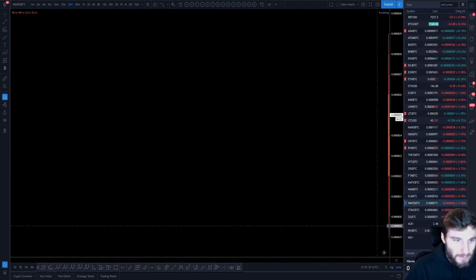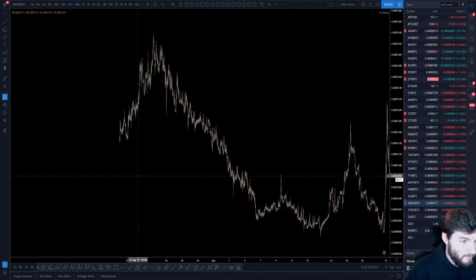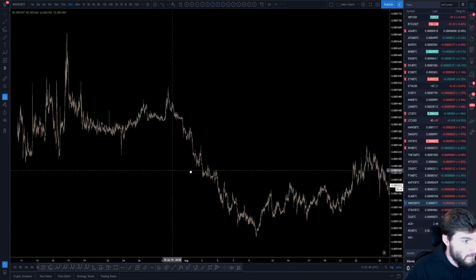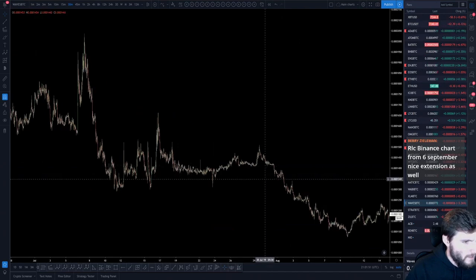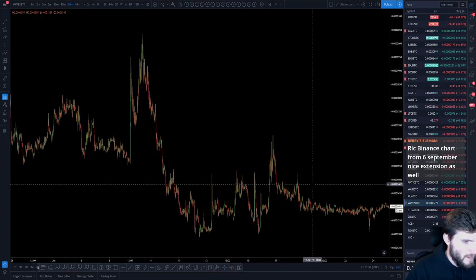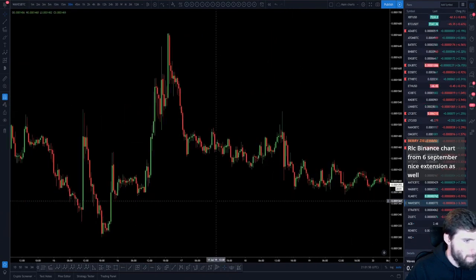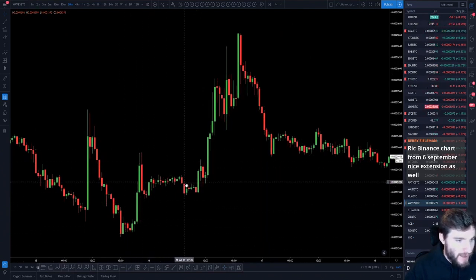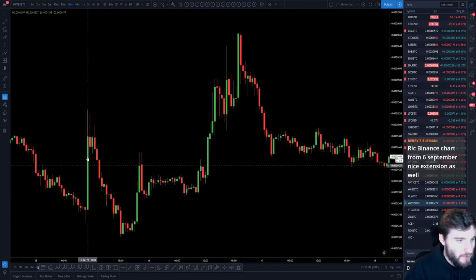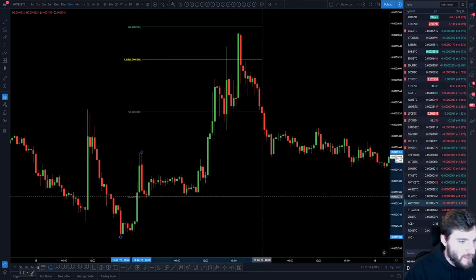Do another random example, I guess. Trying to see where we could see a random example. Okay, now let's just do this area here. We see a pretty impulsive move up, and then, obviously this is a bit like Bitcoin, the impulse gave it all back. Impulse, more of a sideways consolidation. So let's say we were buying the sideways consolidation, from low to higher low.